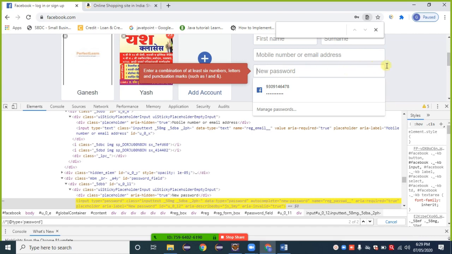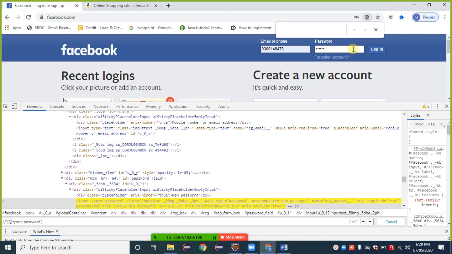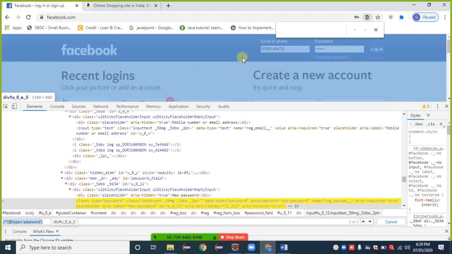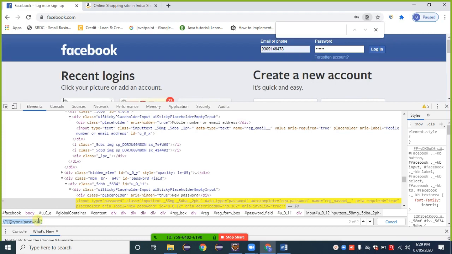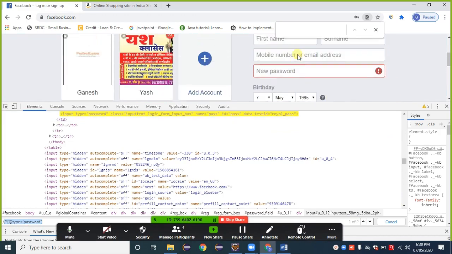Why does such a case happen? Because this web element and this web element have the same attribute and value in common. The XPath I gave is not unique. The other web element has the same XPath. Whichever element Selenium finds first, Selenium interacts with that element. Selenium doesn't consider which one I need. Selenium follows this XPath. So here we get 1 of 2 or 2 of 2. My need is to provide the second one, this one.